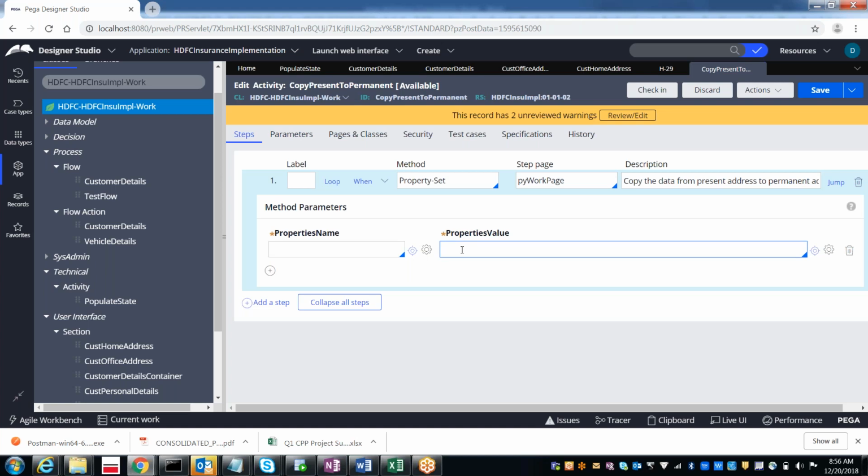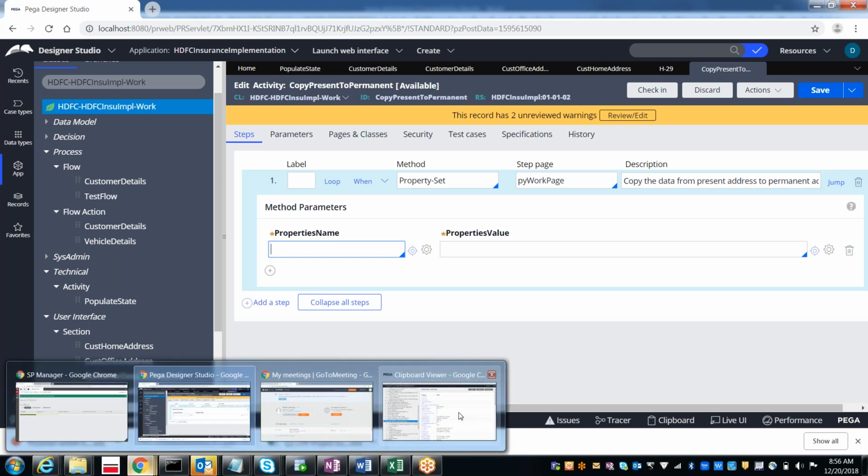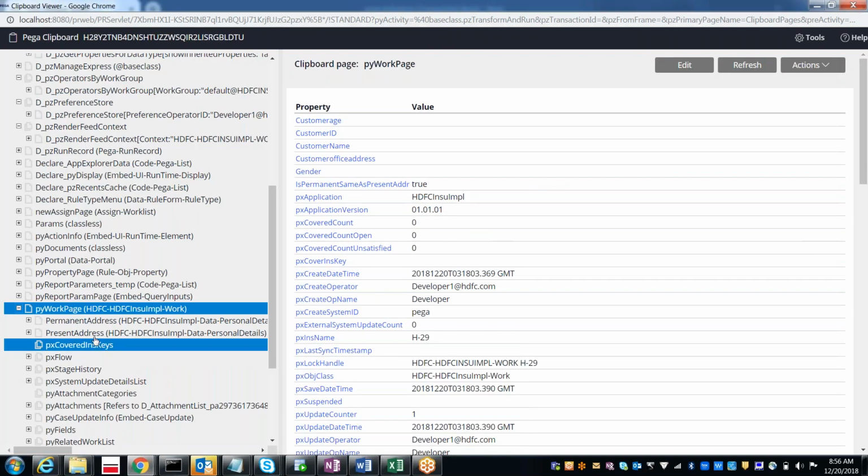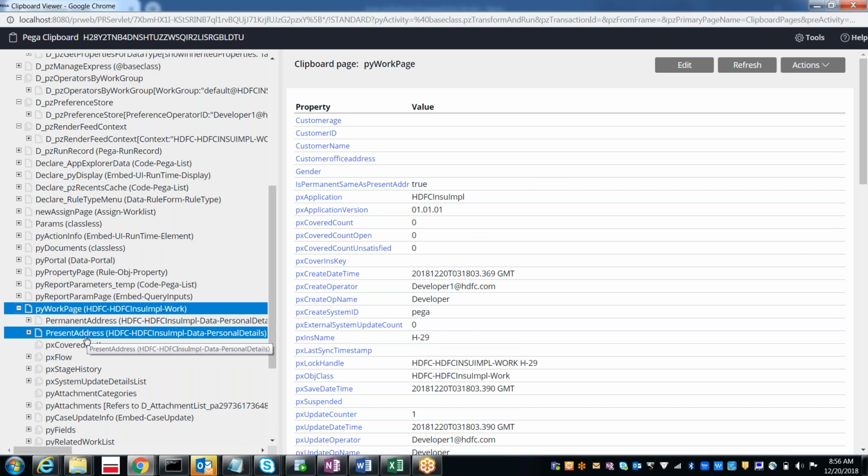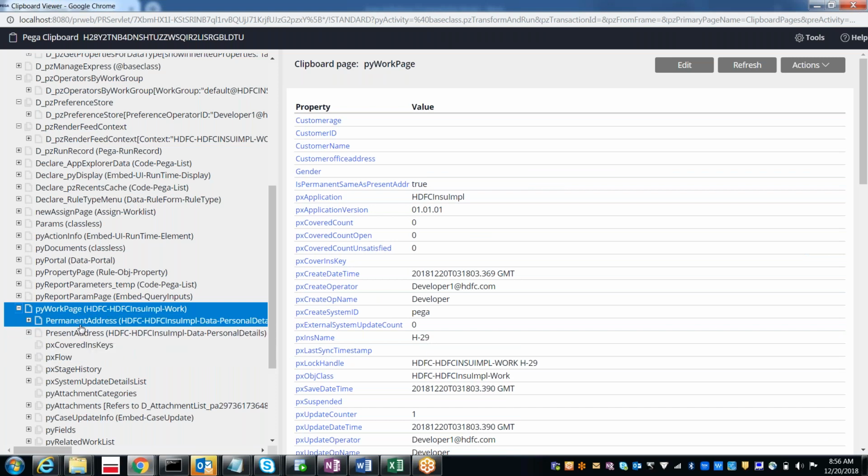Everybody clear, right? Left side is the property on which you want to store. Right side is the value which you want to populate to the left side property. Now to which property do we want to copy? Can someone tell me to which property we need to copy?